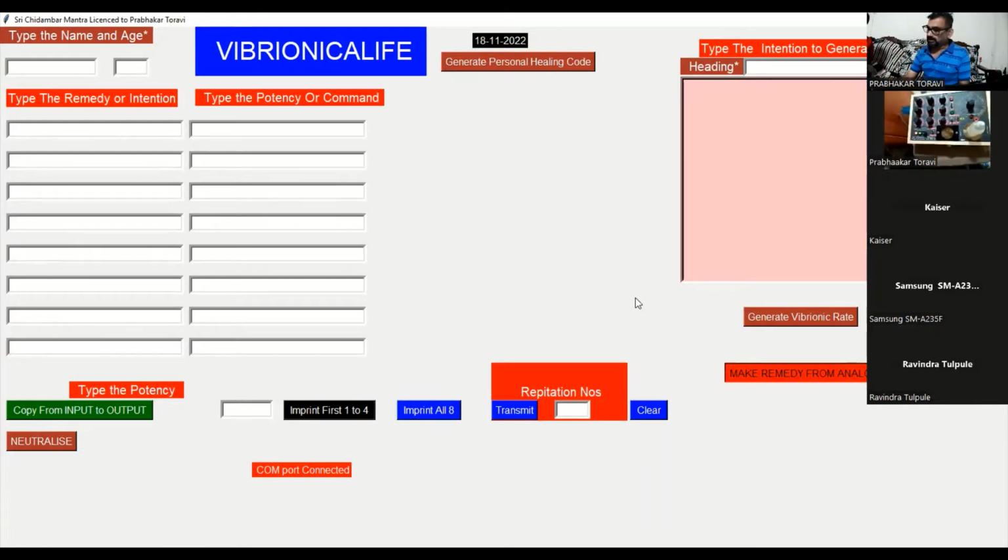And this is very safe because we have not connected the power supply, there are very few moving parts here, and very few components are used when you are making it through the software. Now you see that make a remedy from analog became green, and the red and green LEDs